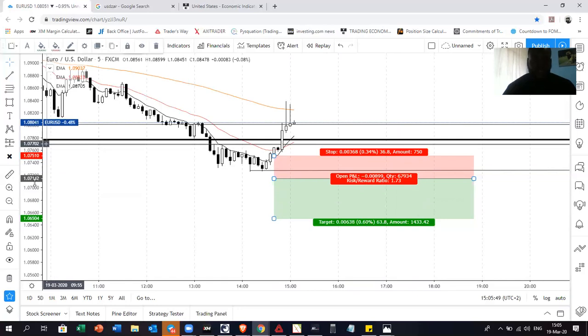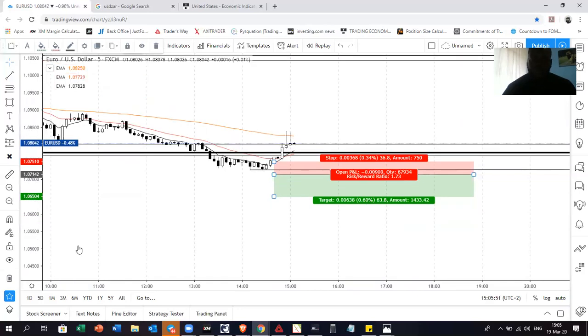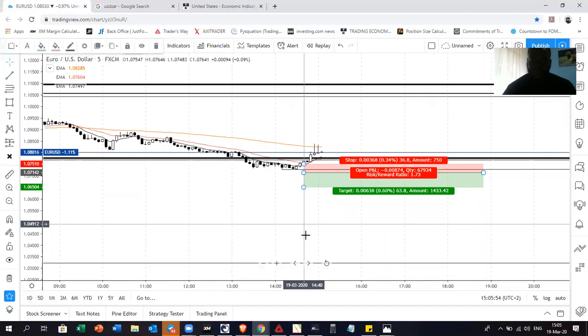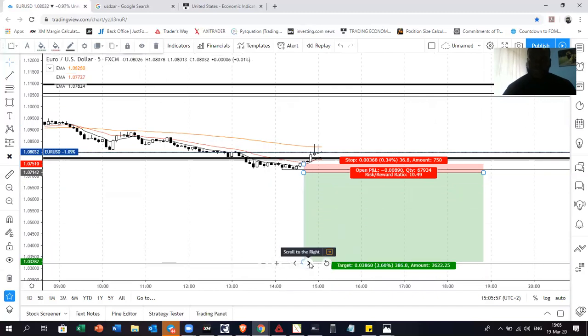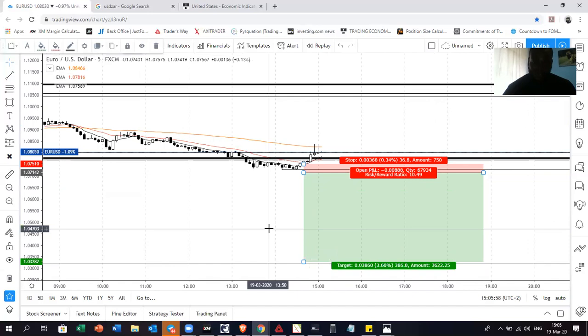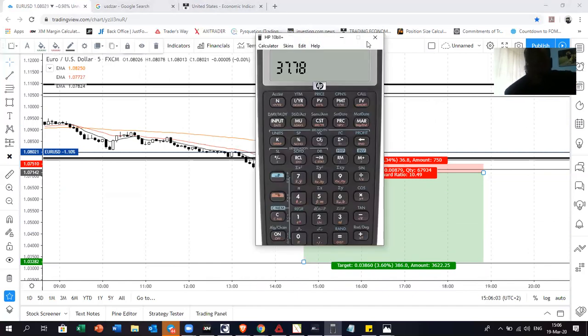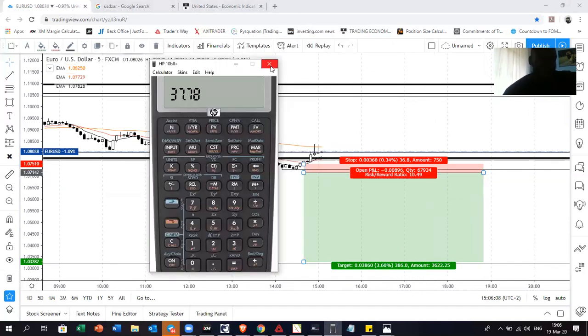And your profit potential is way down here, which is 386 pips. So if we run the numbers on that, the risk to reward is what? 1:10. You risk 1 to make 10. So let's run some more numbers on this. 35 pips,